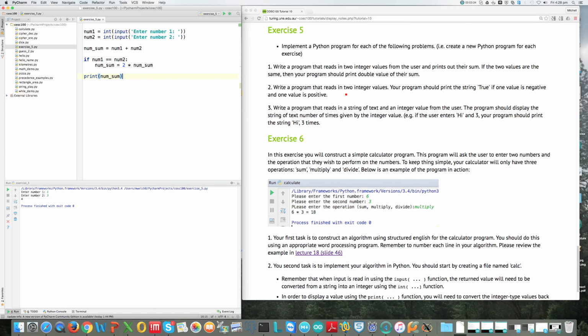The second program reads in 2 integer values, and your program should print the string true if 1 value is negative and 1 value is positive. So we can see that there's 2 possible scenarios. Either value 1 will be negative and value 2 will be positive, or value 1 will be positive and value 2 will be negative. So we can start off with the same code that we used in the first program,